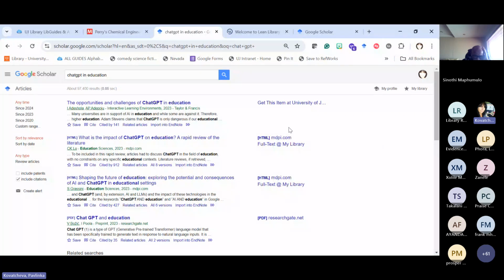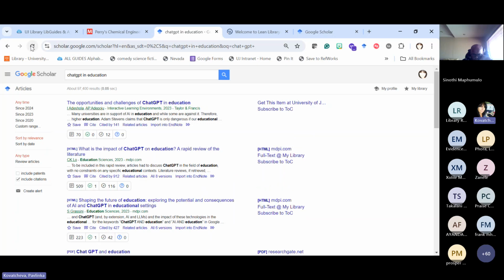Okay, so most of the time this is a familiar screen. And what is your experience? Usually, my experience before Lean Library was that when I get here and I click on the title, it's going to ask me to pay. Then we have different other library options that we can use. But now with Lean Library, let me just refresh my page so Lean Library can wake up and start working miracles. So date is, for example, if I want to select this 2023,